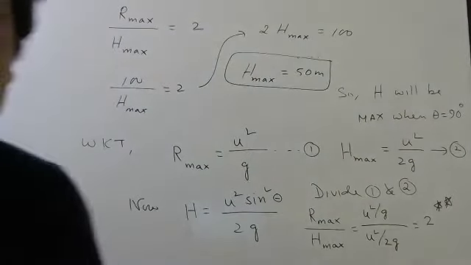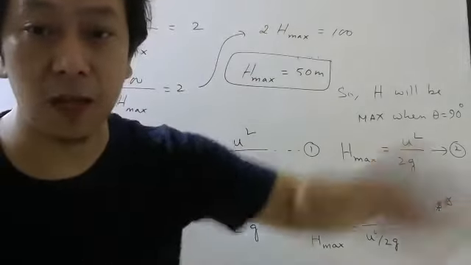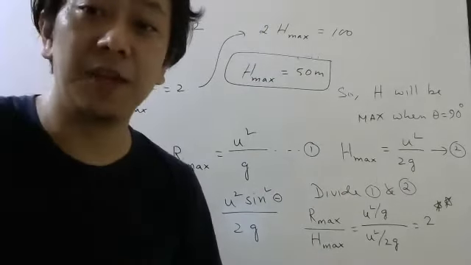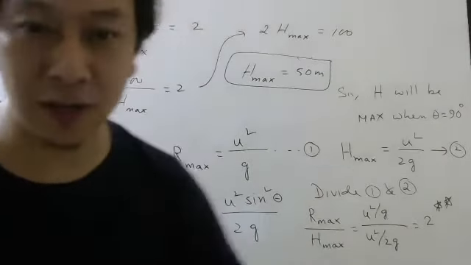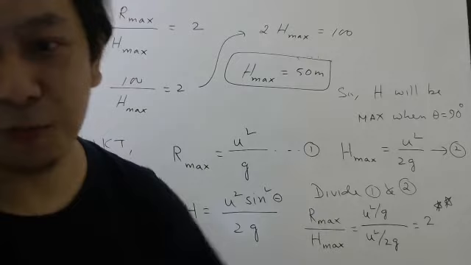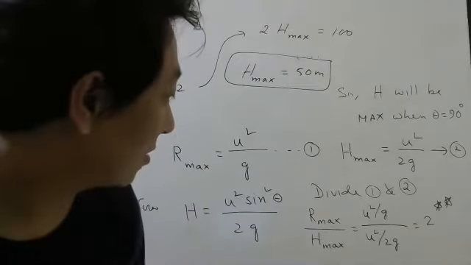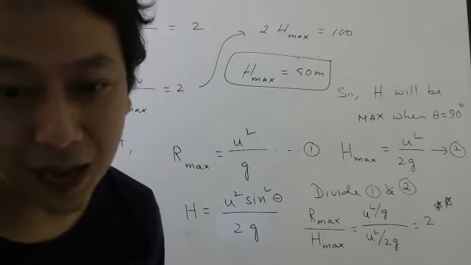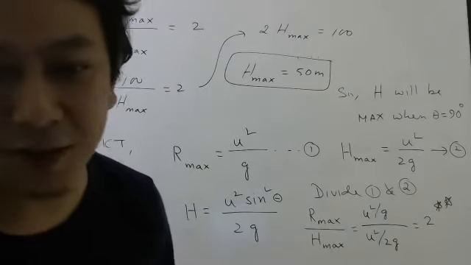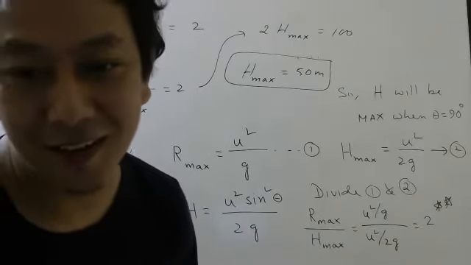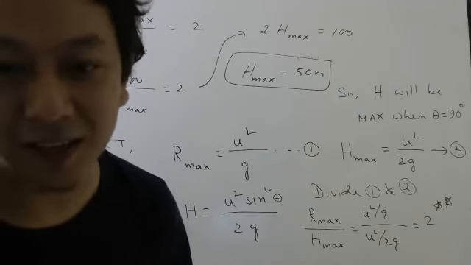Okay, students, everybody understood? So if you can throw something 100 meter far, you can throw the same thing 50 meter high. That is something you can check experimentally someday if you are in an open field, in some cricket or something. If you don't want to divide, then don't divide. I want to get the relation between R maximum and height maximum. They have given you R maximum, and you want height maximum, so it is better to divide so that you can find the relation.